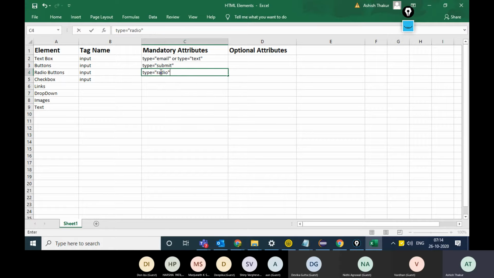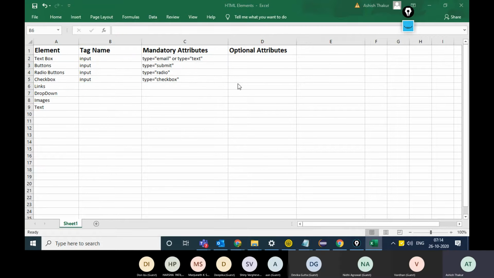The value would be equal to radio. And in case of checkboxes, the type would be equal to checkbox. So the type attribute varies according to the element.